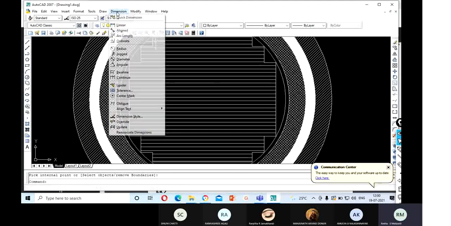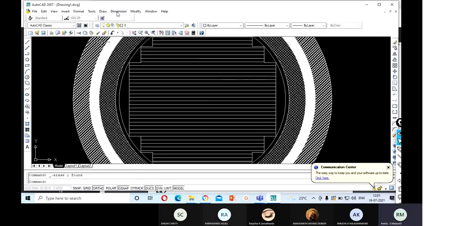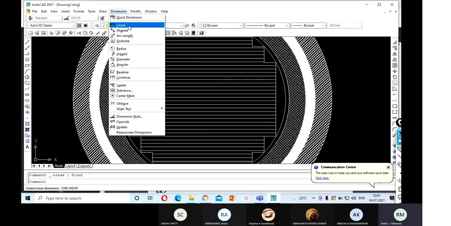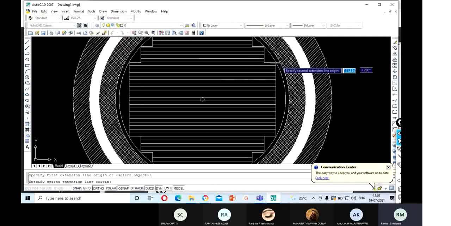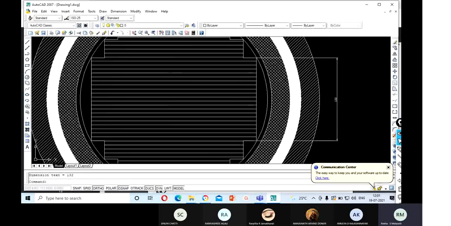So now we can show the dimensions of all this. Go for dimension, select linear, so that you can show the dimensions here. All the step sizes we have to show. So it's 132.